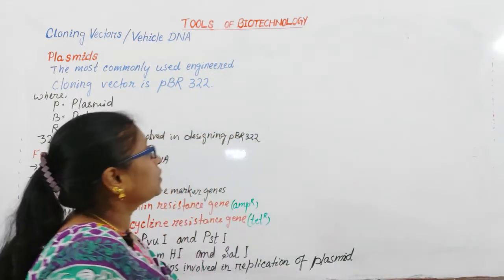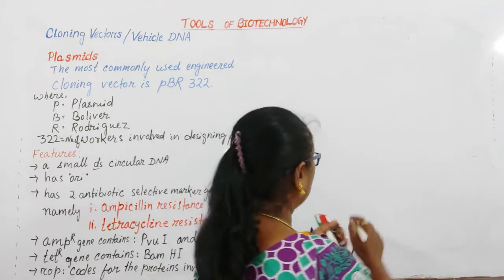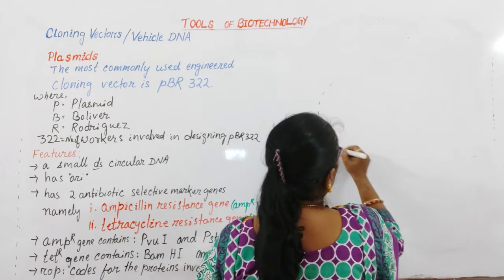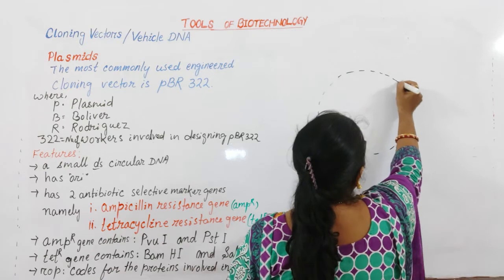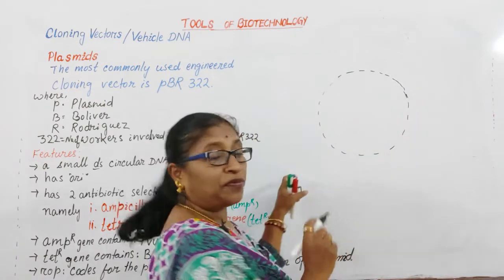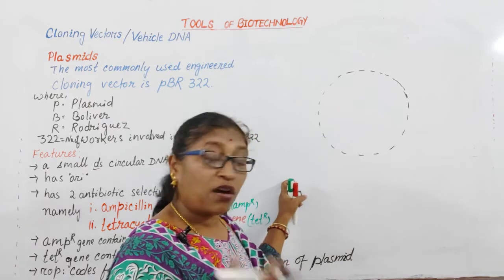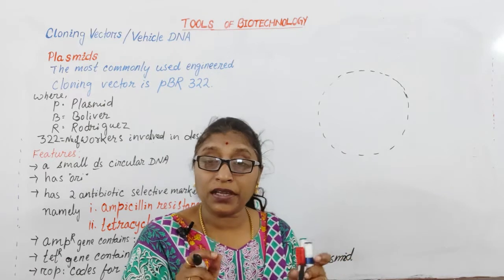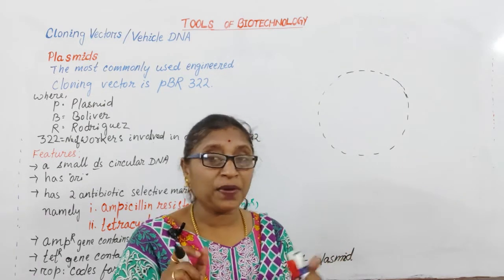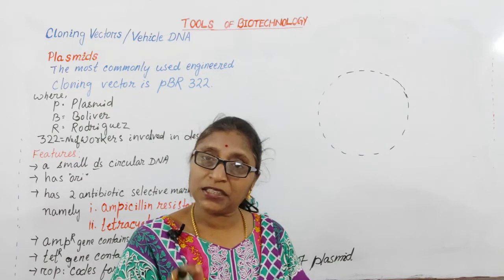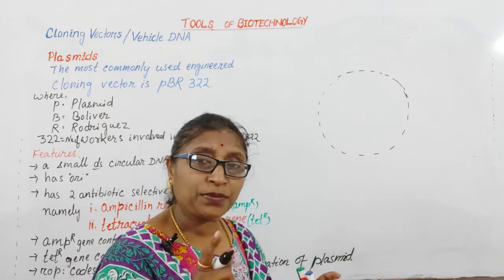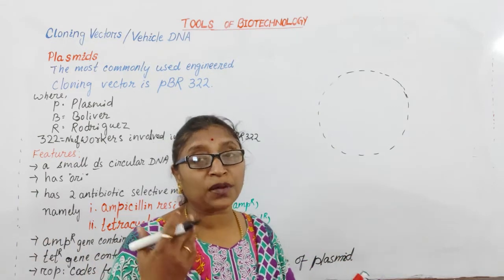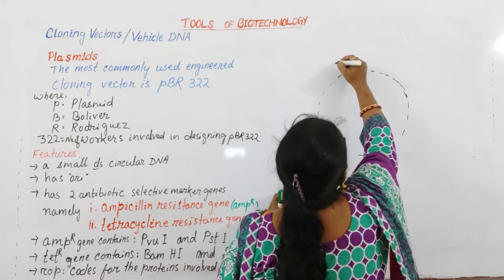Let us see the structure, how it is. It is a circular DNA. You have to draw it when it is asked as a short note. In long questions, the short note is compulsory, even when only the structure of pBR322 is asked, or if it is asked what a plasmid is. It is important as a short note of 2.5 marks as well as for cloning vectors, or pBR322 as a short note of 3.5 marks.